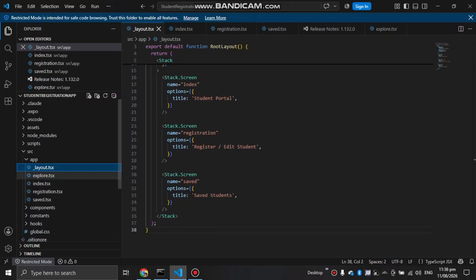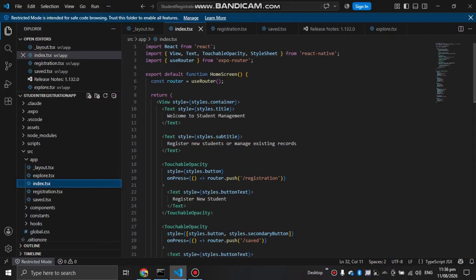The next is the index, which serves as our landing page. We import React from React, then import View, Text, TouchableOpacity from React Native, then export default.